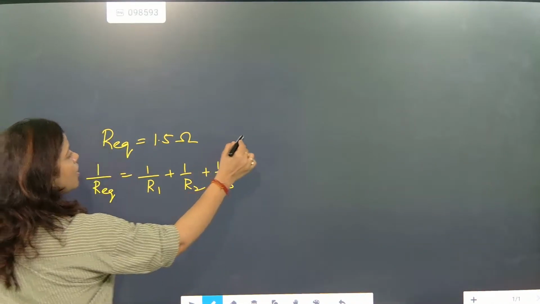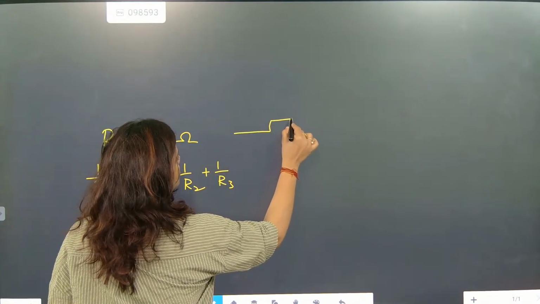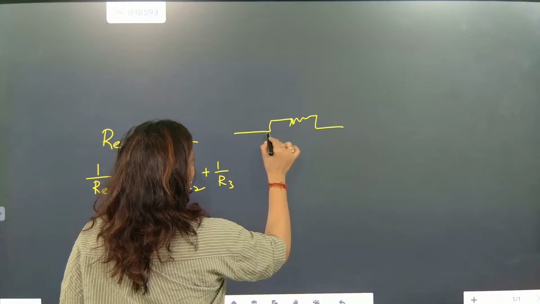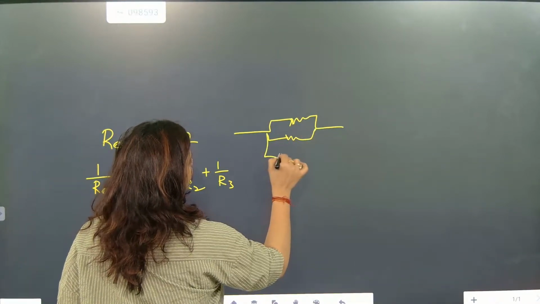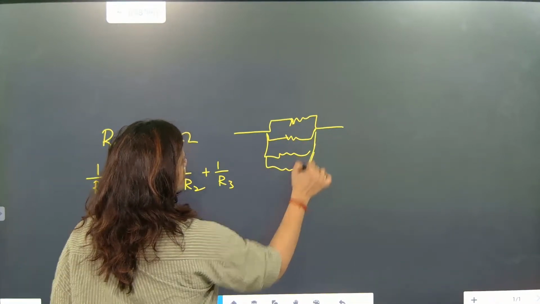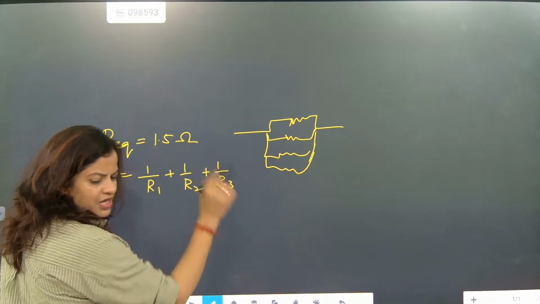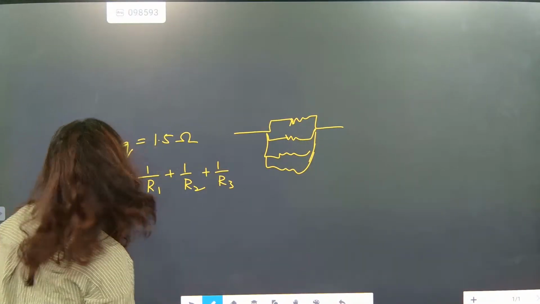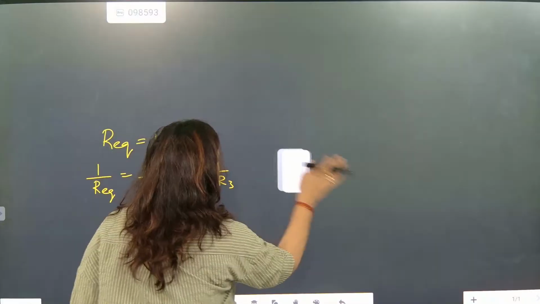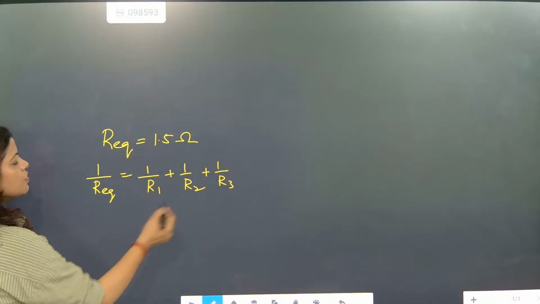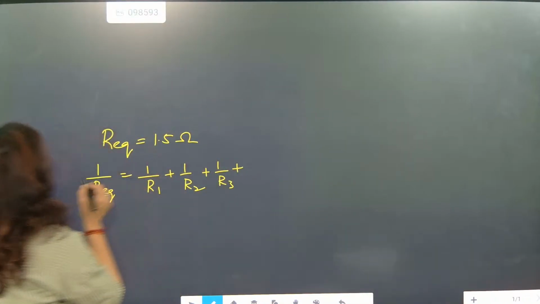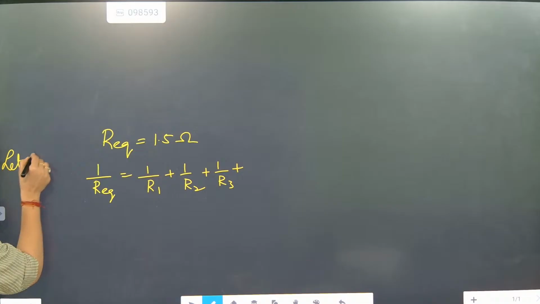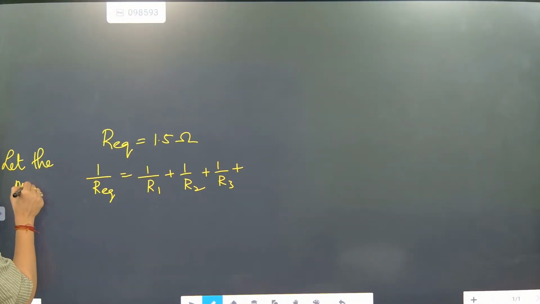We don't know how many are connected in parallel. Maybe this many are connected in parallel, but we don't know. So let the number of bulbs connected be